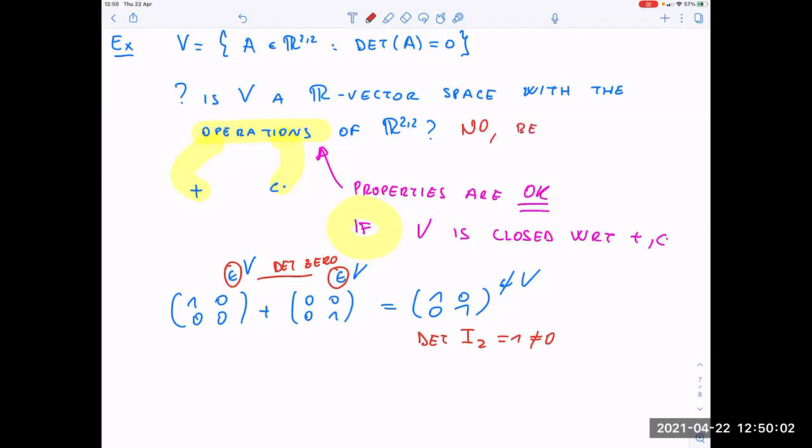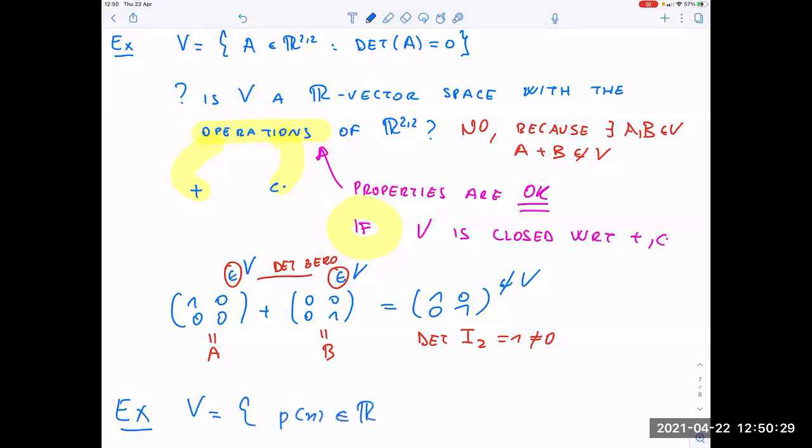because there exist A and B inside V, and A plus B is not inside V. So, for example, this is A and this is B. Okay, good. So let's try a slightly different one, in which now we look at polynomials